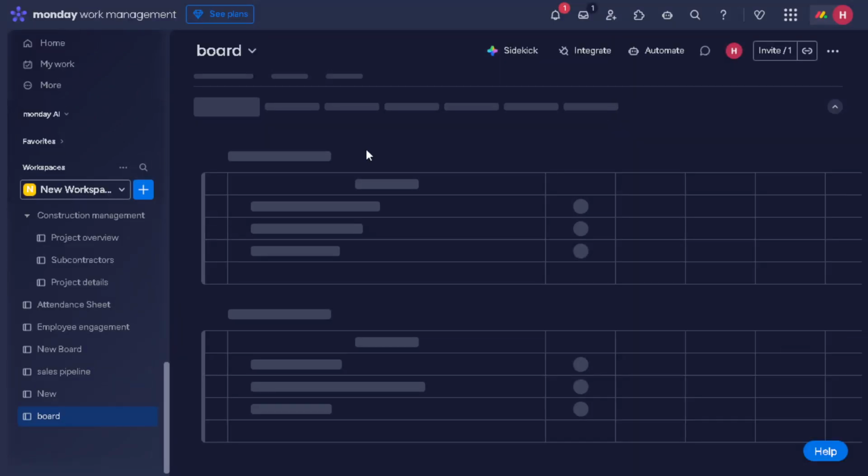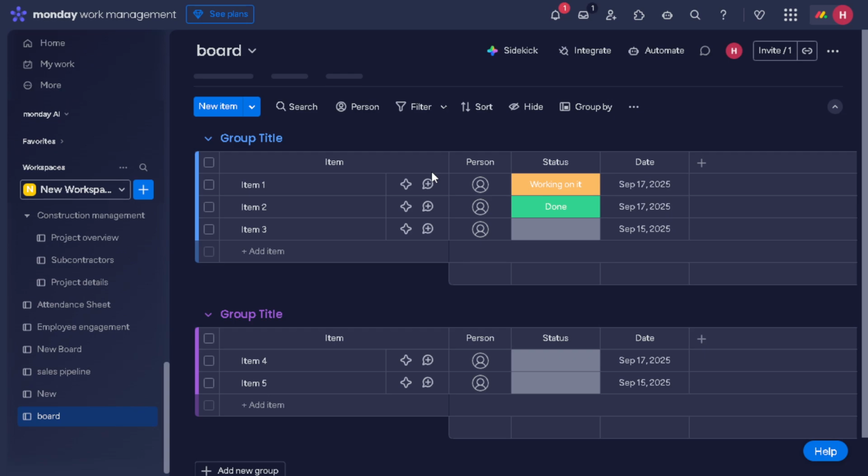Next, it's time to add bug or issue cards. For every reported bug or issue, create a new item on your board. Be sure to include essential details like a clear description, any relevant screenshots, and the steps to reproduce the error. The more information you provide here, the easier it will be for your team to understand and resolve the issue